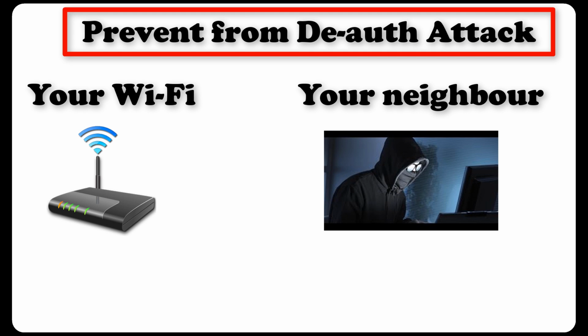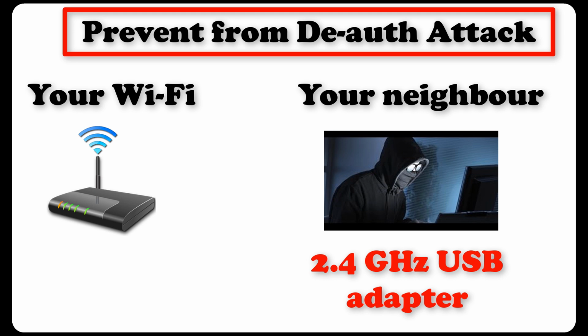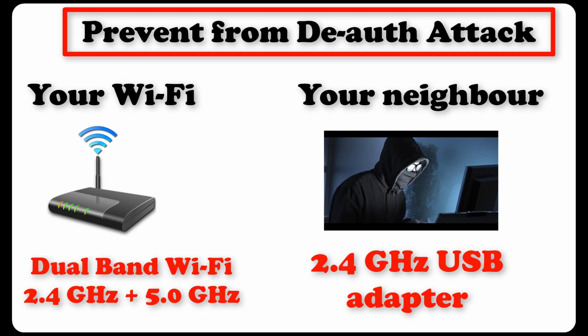can you prevent yourself? It might happen your attacker has a 2.4 GHz Wi-Fi router. Then what you need to do is buy a dual band Wi-Fi router, and nowadays dual band Wi-Fi routers have the 2.4 GHz operating frequency and also the 5 GHz operating frequency. It may happen the attacker has a 2.4 GHz USB adapter, and when he tries to deauthenticate your router, because your router is operating on the 5 GHz frequency, he will not be able to deauthenticate the client